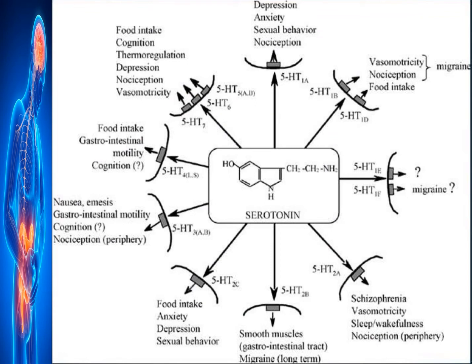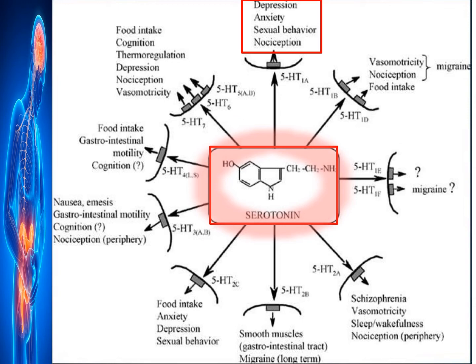Now, let us summarize the different physiological effects of serotonin through different serotonergic receptors with the help of this simple diagram. So please focus on this diagram. This released serotonin regulates the physiological functions through many of its serotonergic receptors. The physiological function of this serotonin through these serotonergic receptors depends on the site and location of these receptors.